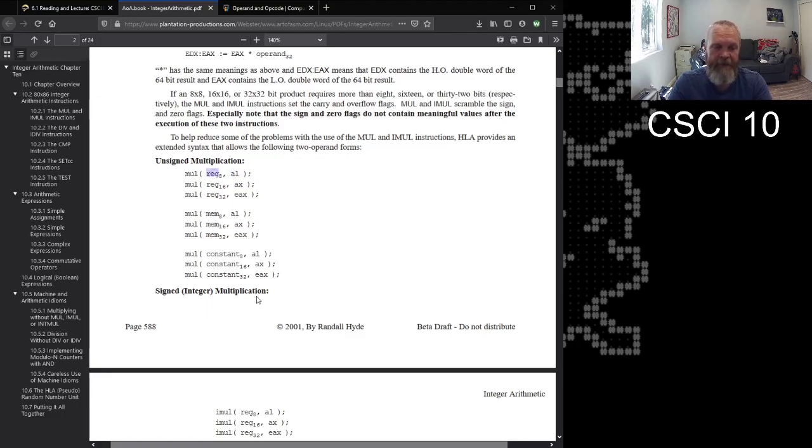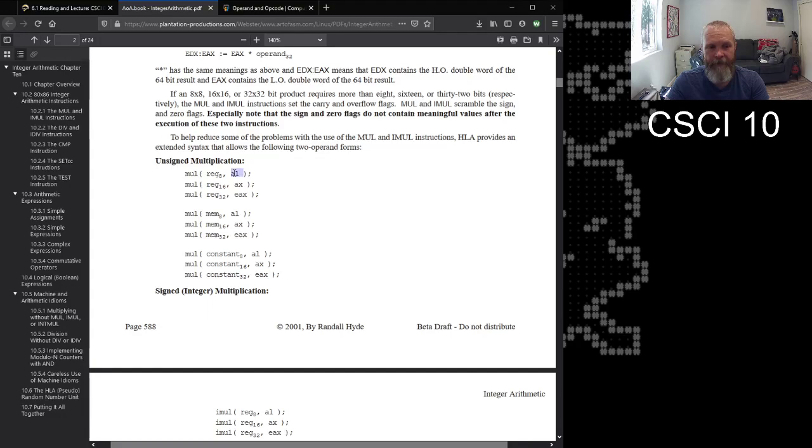So any general purpose 8-bit register for the first one, but specifically AL for the second one. So he hasn't really changed how it works on the processor. He's just made it slightly easier for us to program. Now you might see something else going on here, which is he's got an 8-bit source and an 8-bit destination, when in reality the destination for 8-bit multiplication is 16 bits.